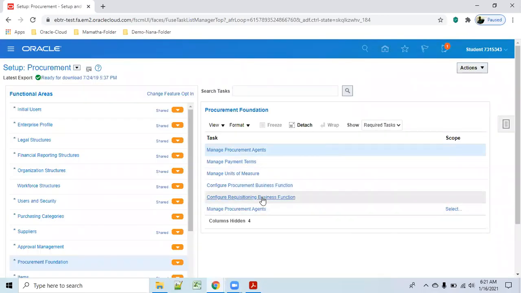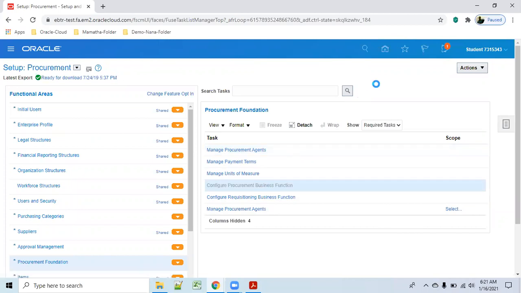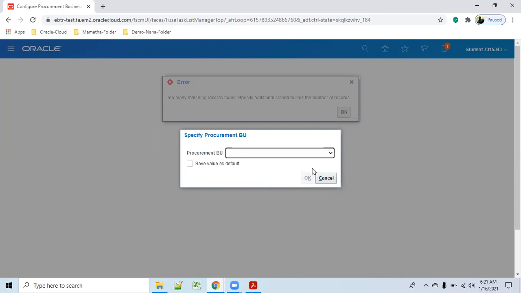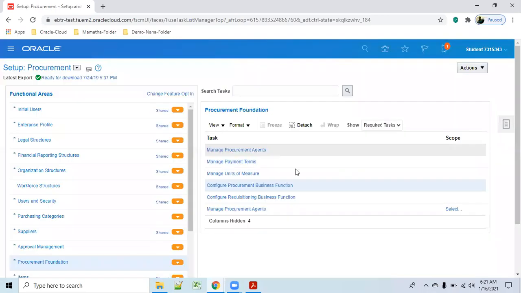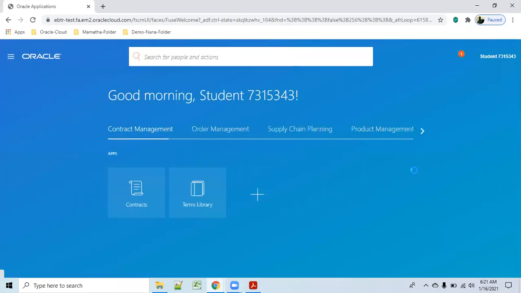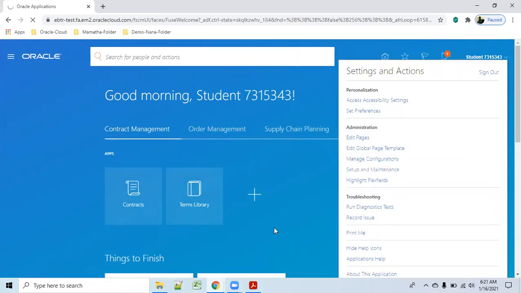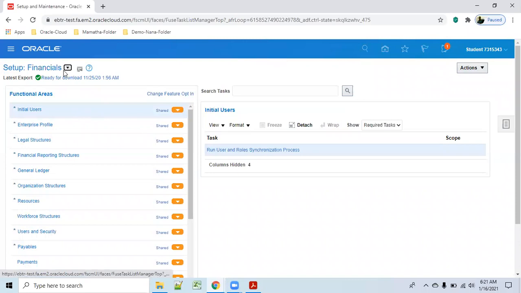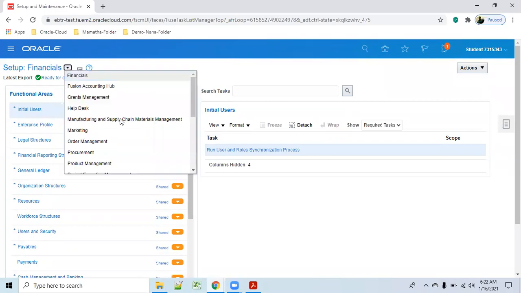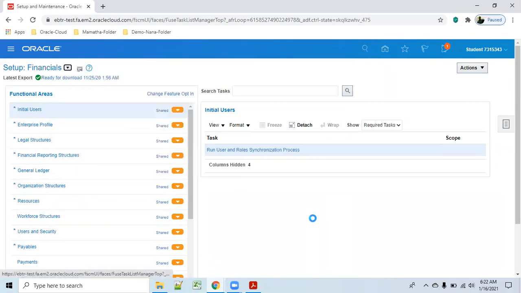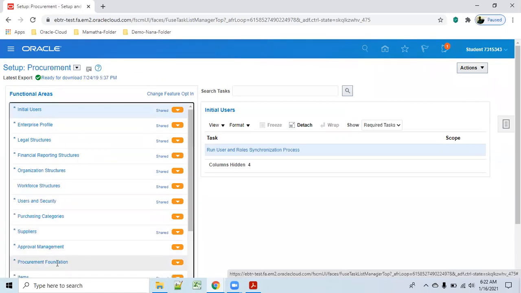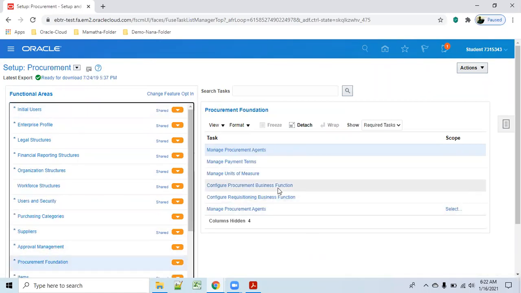Sorry, there are some problems here, because a lot of data is there. Sometimes we don't know why these are not triggered. Go to Setup and Maintenance, Procurement, Foundation, Procurement BU.